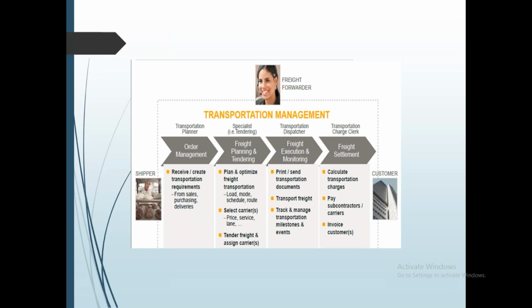Because transportation means you need to have certain resource. So resource means it can be a ship, it can be a flight, it can be a truck, it can be a rail car, it can be a parcel, anything, correct? You need some resource, you need some means to transport the product from one location to another location. So as a planner, I need to understand what is the cheapest mode of transport I should use. How should I make the goods available in Chennai by 20th? And also I should know what is the minimum way by which I can transport so that my logistical cost is at the minimum. So he has to do a planning. So the planning is done in TM in a tool called the planning cockpit.